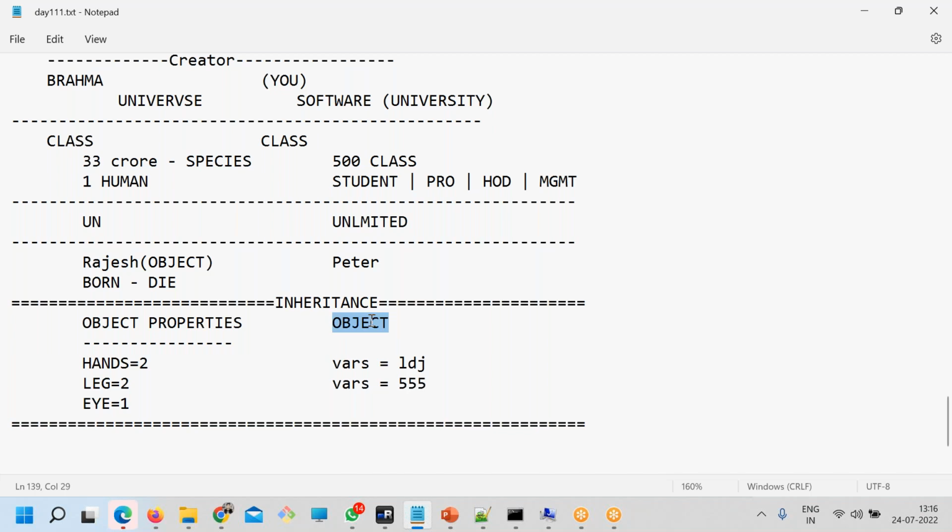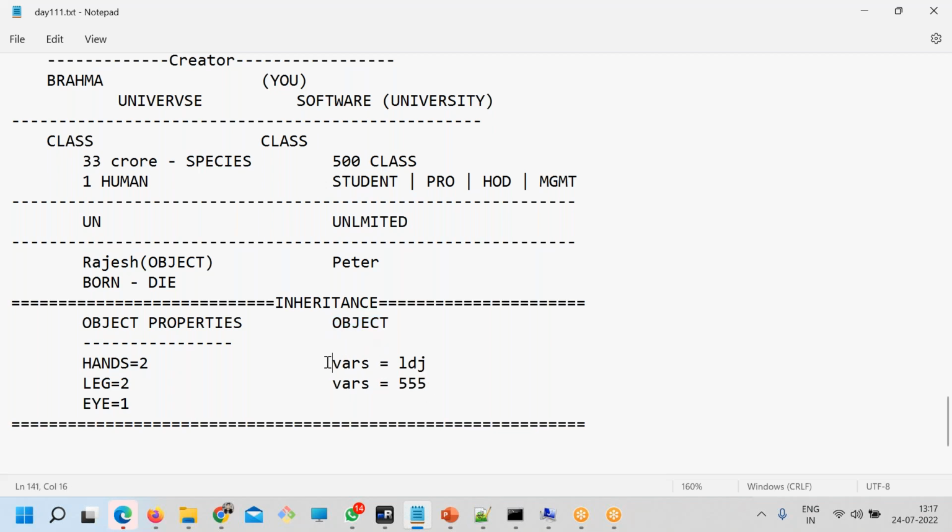So this property goes to whatever object you create. I'll put it this way: how many humans can be born? Do you have that number? There's no limit for it. How many animals can be born? How many viruses can be born? There's no limit for it. The limit is only planet Earth. In the same way, from the class, how many objects can you get? There's no limit for that.